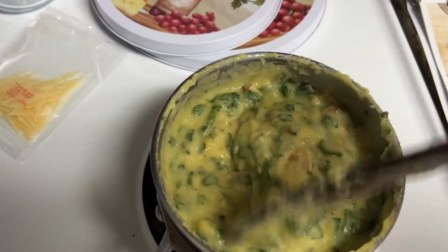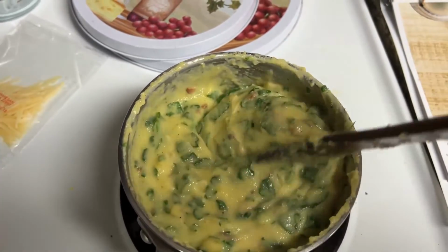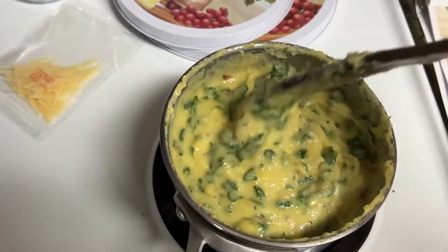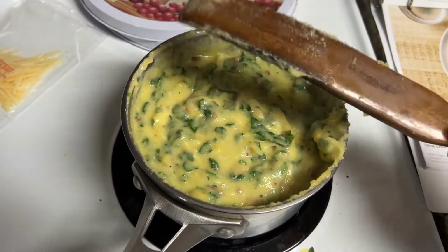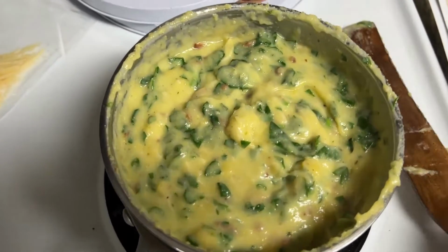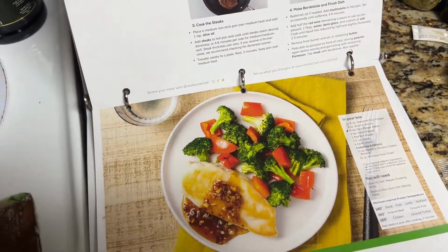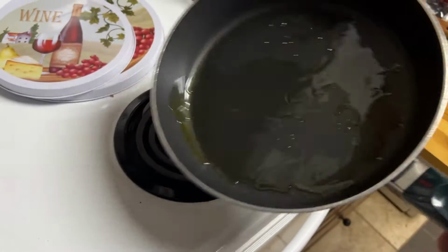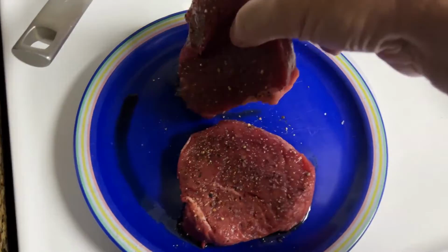Alrighty. I think my polenta's done. So I need to put this to the side. I don't know if I need to keep cooking it or just warm it up. But it looks pretty good. All right, get those steaks on there and see what we got going on next. Okay, so polenta's done. Now I got to get the steaks in here,